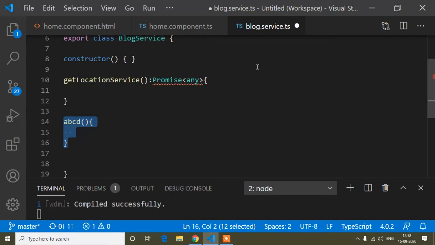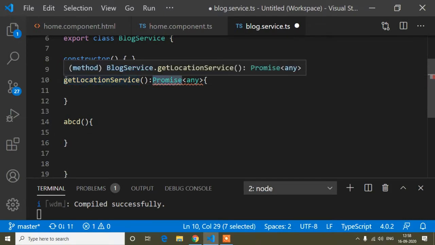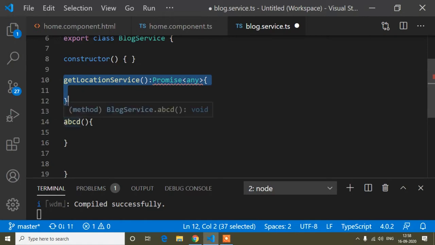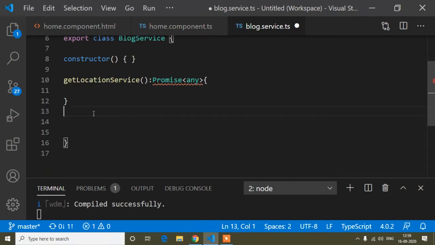So promise makes it synchronized. JavaScript is also synchronized, but promise makes our functions run synchronously in a great way. Suppose I want to use the value of a function, so you can use promise. Here if I use promise, first it will execute this function and use its value, after that it will execute the next function's value. Again I will say JavaScript, or Angular you can say, is also synchronized, but if you use promise, then we can use it in a better way. So I think guys you have a little bit of an idea of promise.